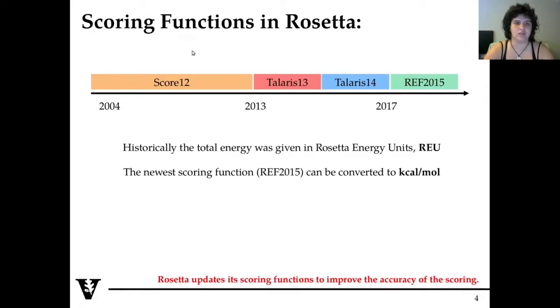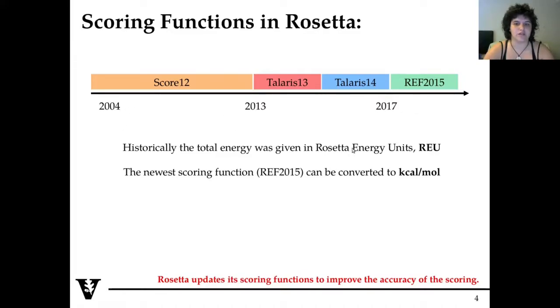in the Rosetta community. If you find some older papers, you may find references to score12 as the scoring function. Then we had Talaris 13, Talaris 14, and nowadays we're using REF15. So the Rosetta community updates the scoring function over time in order to make it more accurate in describing the biological systems. Another thing I want to mention about the scoring function is that historically the total energy